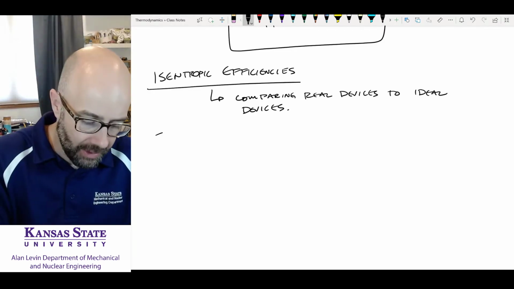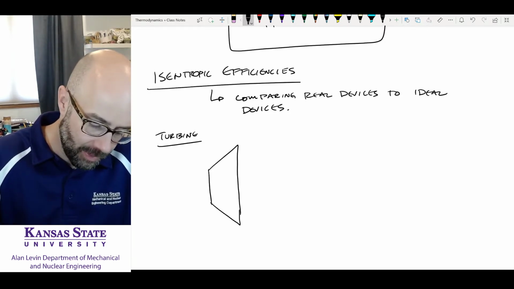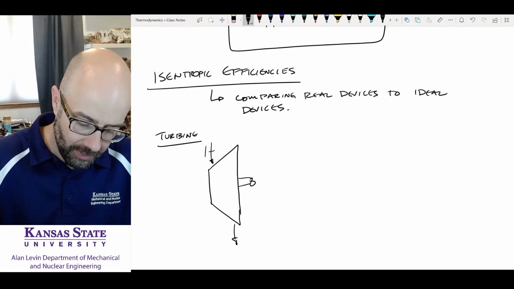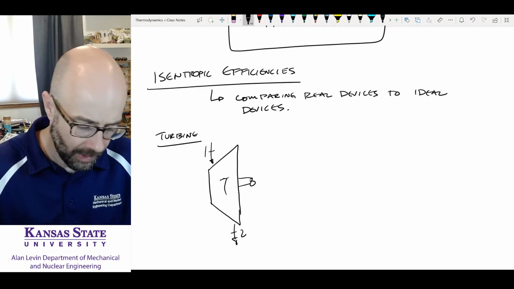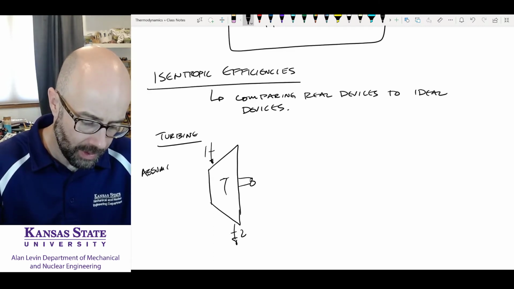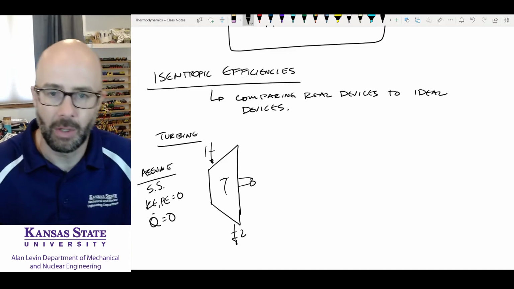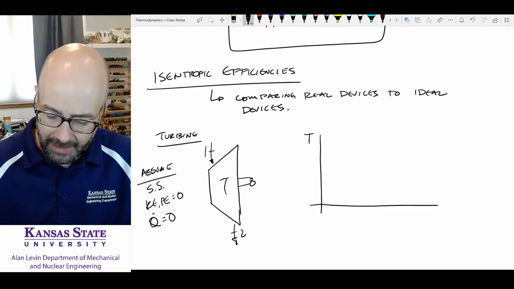So let's look at our friend the turbine again. Okay, and we're going to deal with a very simple turbine. We have one flow coming in and one flow going out of this turbine. We're going to assume what we did earlier, steady state, KE and PE are going to be 0, and the heat transfer is going to be 0. And if we were to draw this on a TS diagram,